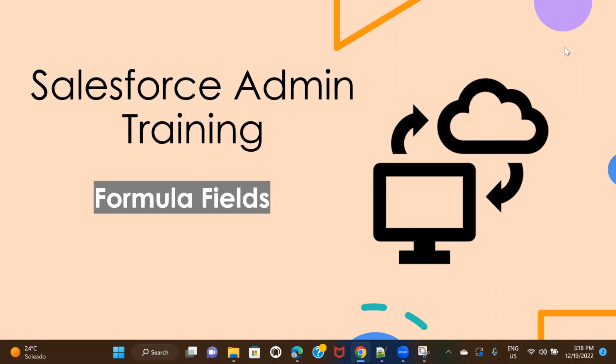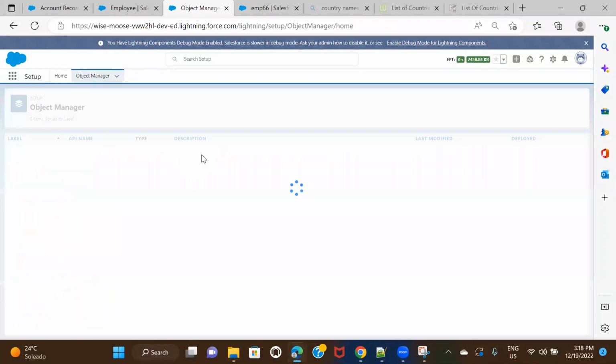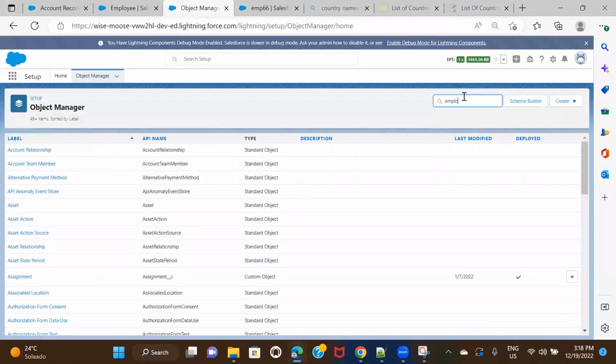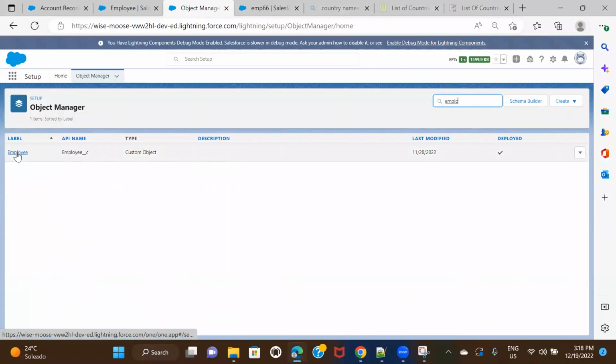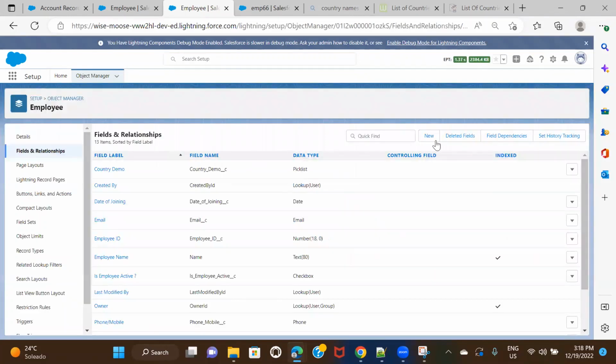Rather than going too much into the theory, I'll quickly tell you a scenario and show you how to achieve that. So I'll move to my org first, and let me go to the employee object. I'm going to start with a very simple example where I'm not actually calculating anything, but just trying to display something. On the employee object, I'm going to create a field